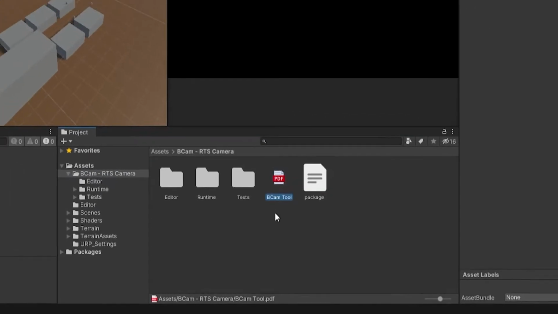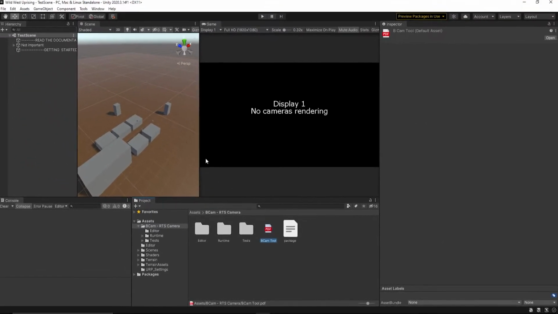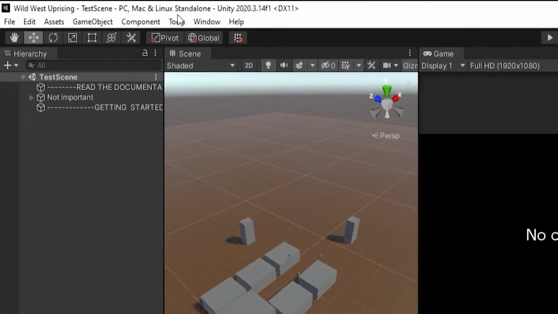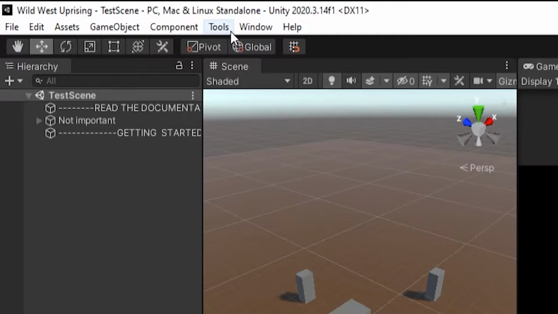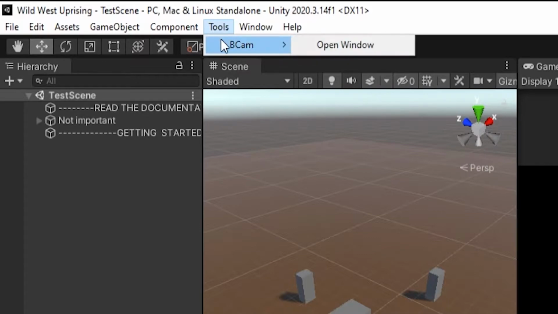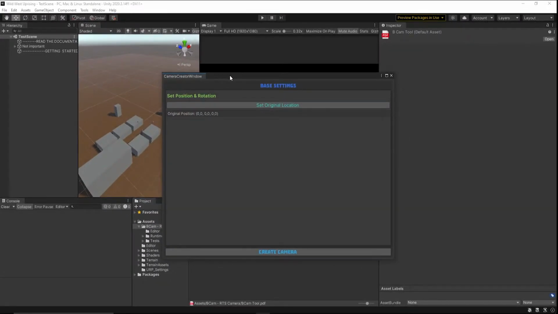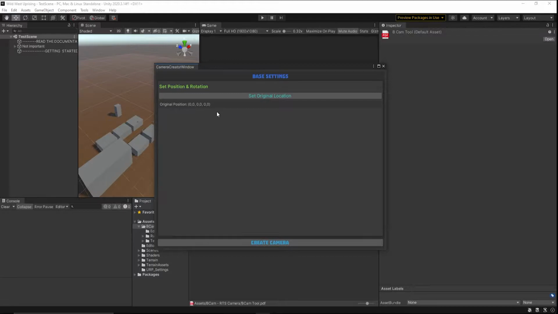Okay, so we have installed the tool. Now we can see another menu at the top of the Unity window, the Tools menu. And maybe if you have other tools, you probably have more than one option here. But for this tool, click on the Tools menu and select BCam and Open Window. Okay, now we've just opened the window where we are going to set the camera in the position that we